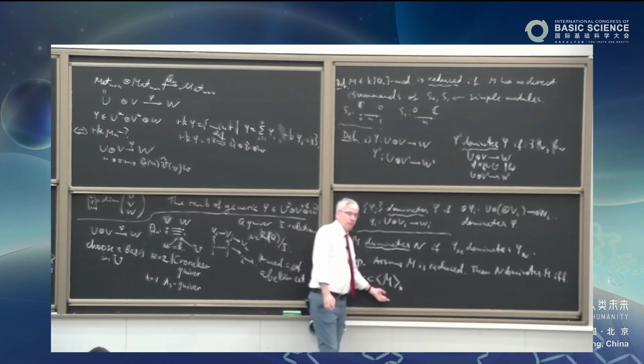Let me explain. So we take the two-sided ideal generated by M in the sense of the star product,